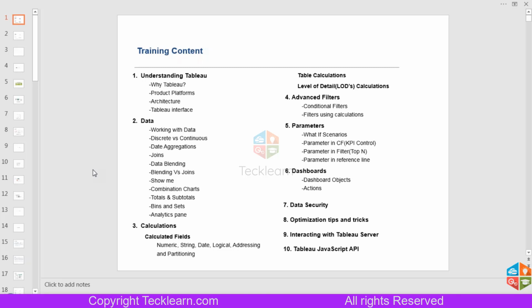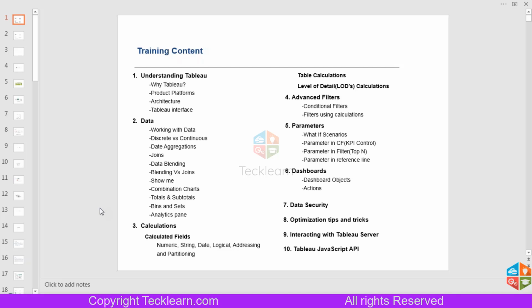With the help of a calculated field, we can write some basic calculations. If you want to move to some of the complex calculations, those are called table calculations. Those table calculations, again, we have inside Tableau. You just need to drag and drop, and those are ready. Some examples are running total, cumulative sum, or moving average. Those calculations are easily available inside Tableau.